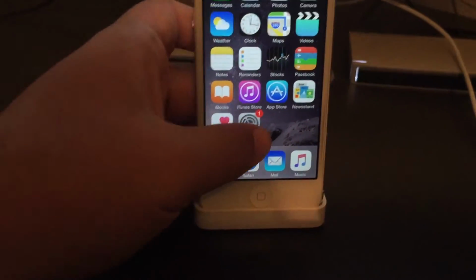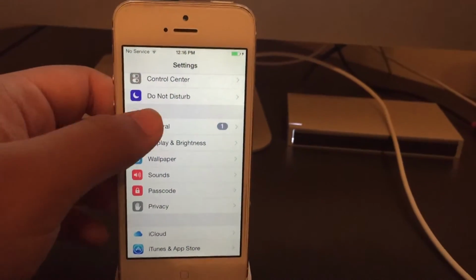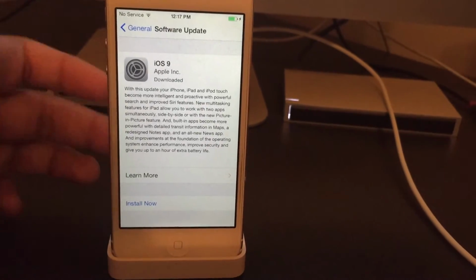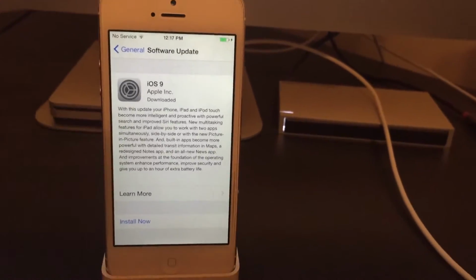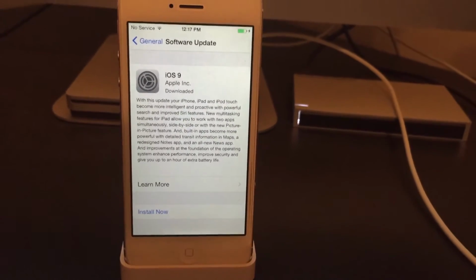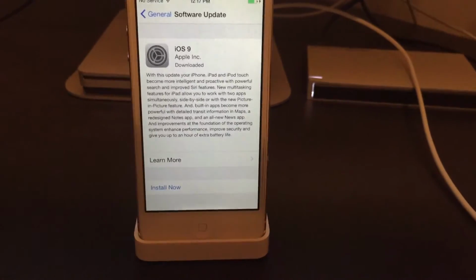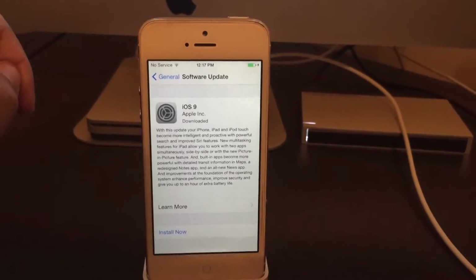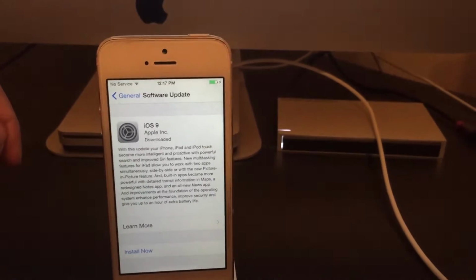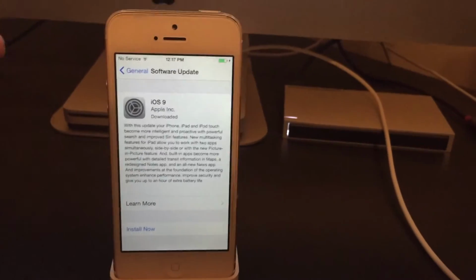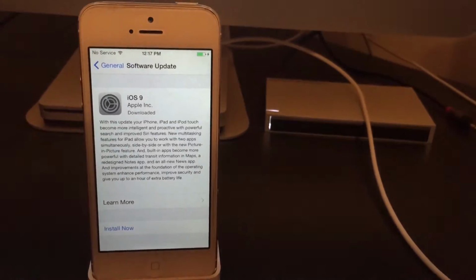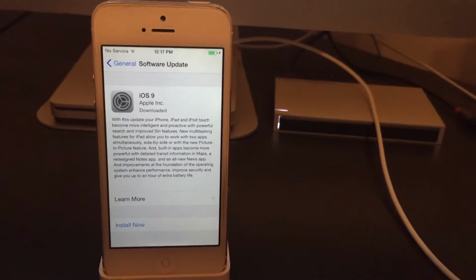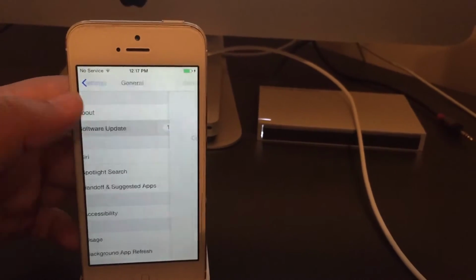You can do it through your Settings app: go to General, Software Update, and update it through here. Click Install Now or Download, whichever one. Usually if you have space, the phone will automatically download the software and you can then update it. Just click Install Now. This is called an OTA update, meaning over-the-air update. For this to happen, you need to have a lot of space on your phone, and your phone needs to be over 50% or on charging. So that's kind of alright, I guess, if you're on the run